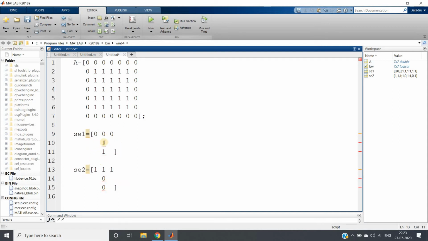Now here you can also understand in this way: the complement of structuring element 1 we are taking for the background, right? Now the problem is that this particular position, this position, this position, and this position do not matter. Whatever we choose, our code should give the output. Actually, if we keep our structuring element like this, our intention is fulfilled. But now we cannot keep this blank, right? We have to put something, but actually those are irrelevant data. So what I will do, I will put 0 here.